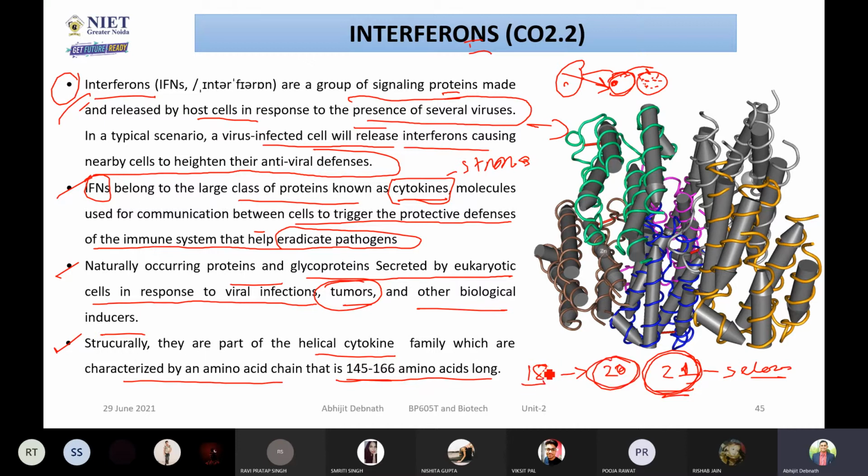So if you are saying 18, so your teacher will understand that yes, तुम्हें जो है नई books से मिलाना होगा. So you are actually quoting that thing. So yes, you are absolutely correct. So those things, whatever Rishabh was saying, that is arginine, histidine, lysine, then your aspartic acid, valine, glutamic acid, all these things will be, if these things are present, it will be 145 to 166 amino acids long.